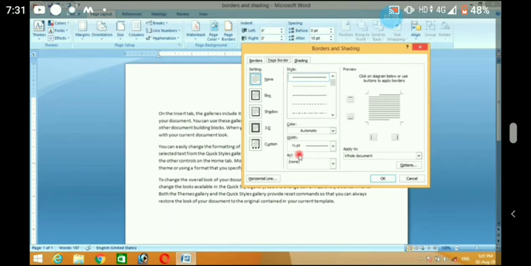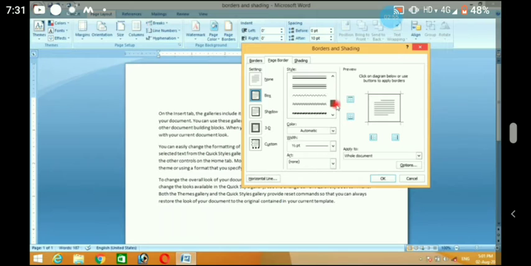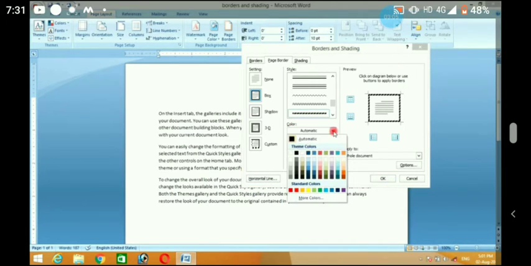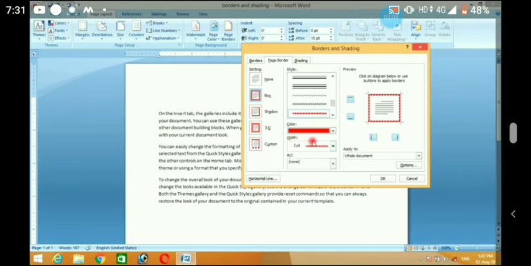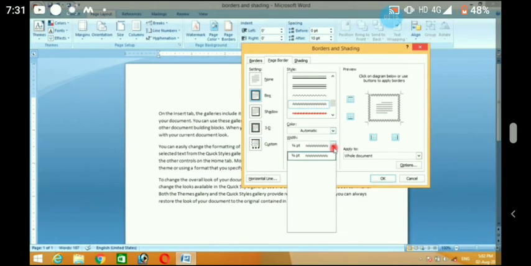Okay, and under the border you can see different settings are available. Different styles are available, different colors are available, different widths are available. Under page border also different settings are available. Box, they have different style, color, width. You can give a border only on the left side, only the right side, only the top side, or the bottom, or combining all. Under color you can also choose a different color, whichever design you prefer.